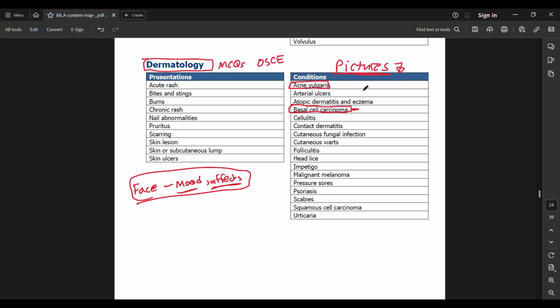Okay, now talking about acne vulgaris, very commonly tested in both multiple choice question and OSCE exams. Make sure you know the different levels of acne vulgaris, mild, moderate, and severe, and how to treat the patient in all of those different cases. So make sure you do acne vulgaris well. It may be a teenager with acne, and the teenager might be getting bullied, or they may be very self-conscious,